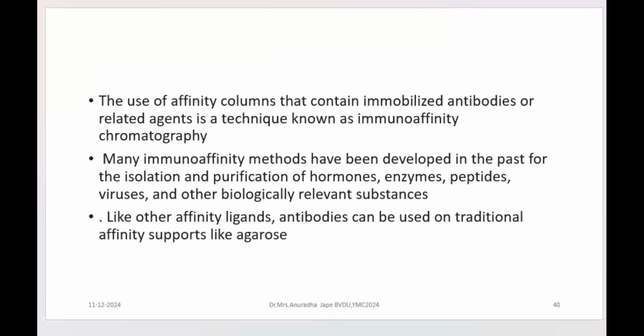So when you are talking about purification using these methods, the ligand to be used has to be selective. You have to control the flow rate, and you have to control the other parameters which are going to allow adequate separation of the desired molecule, right?